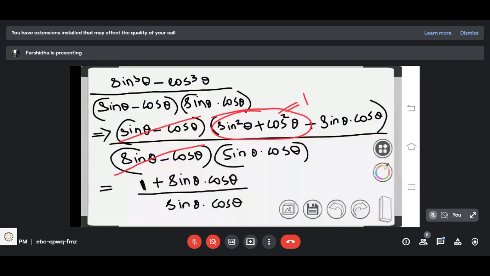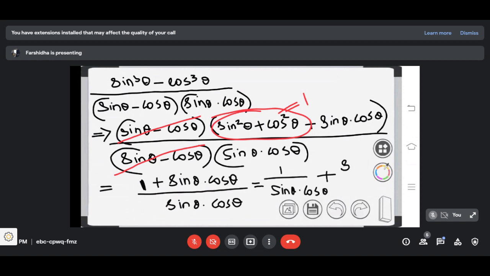Now the next step will be, I am separating these two. 1 plus sine theta into cos theta divided by sine theta cos theta. I am separating into two terms. So I am giving this denominator sine theta into cos theta to both the terms, 1 and sine theta into cos theta. I am going to split it. So in the next step it will be 1 by sine theta into cos theta plus, I'm giving sine theta into cos theta to the other term. Sine theta into,